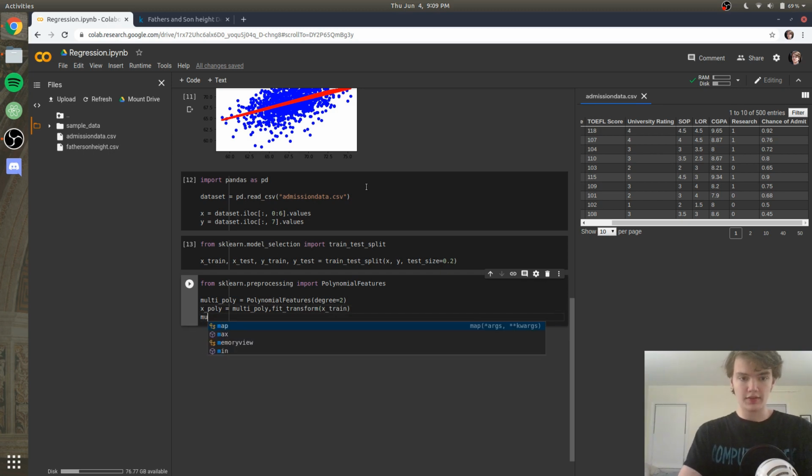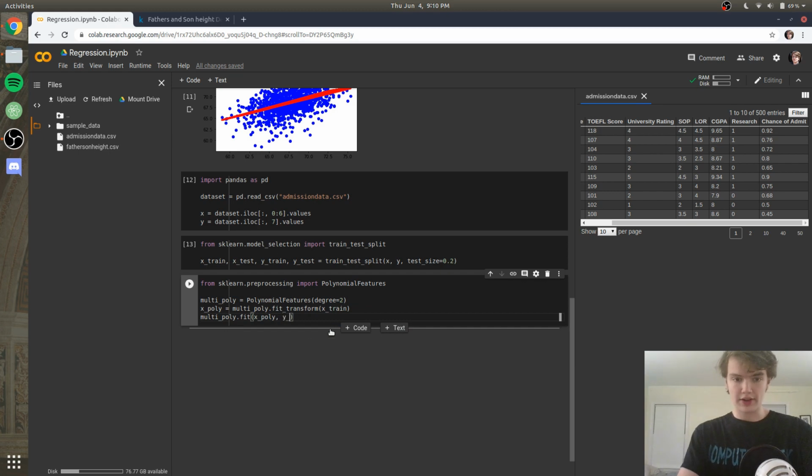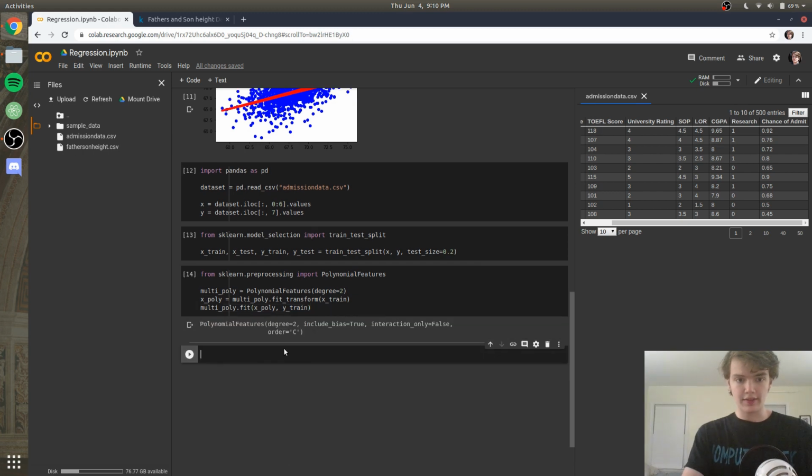Next, what we're going to do is say multi_poly.fit, and we're going to fit the x poly to the y train. Now that we have that done, and it looks like everything ran okay, we're going to create our linear regression